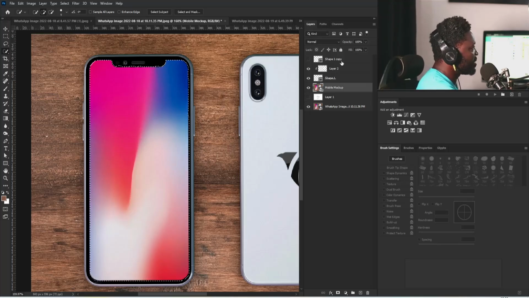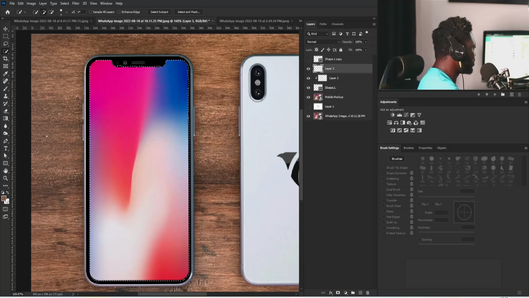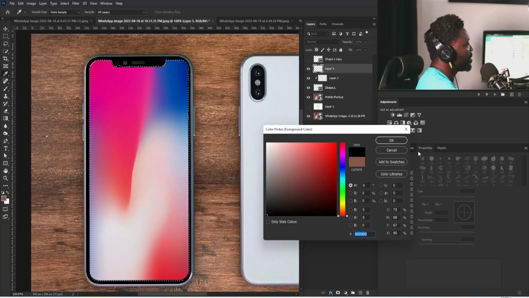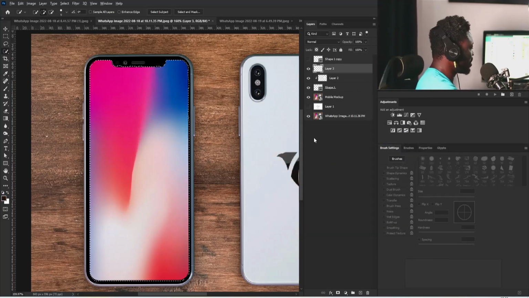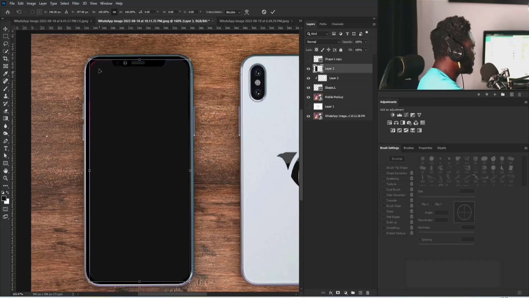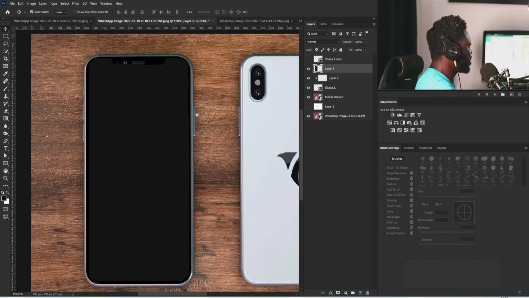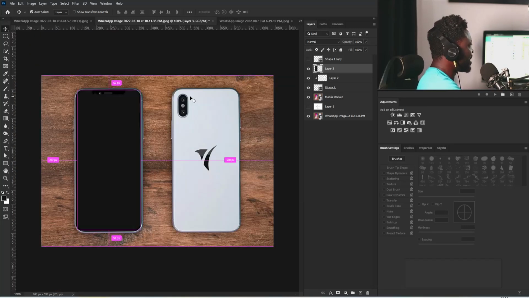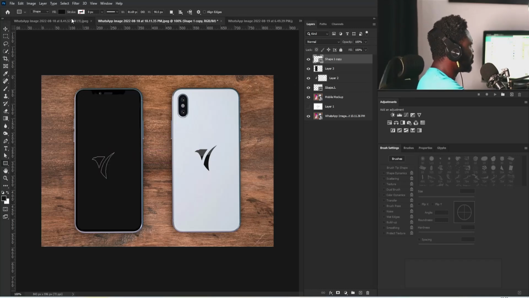All right, then create a new layer and fill this with this color here, so it doesn't feel lighter. Hold on Alt, hit backspace to fill it. All right, so get the filters from this. So hit the enter key. So this is going to serve as the welcome screen. All right, so I'm going to move this here and change the color of this